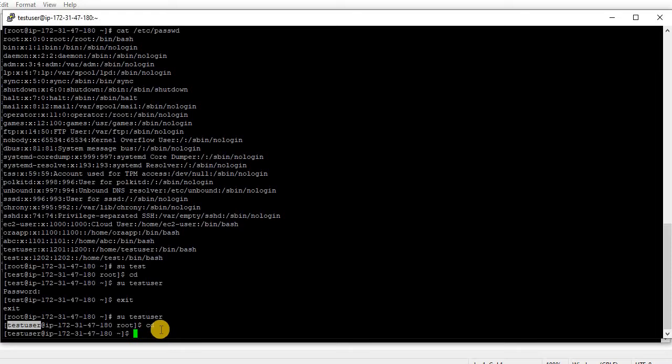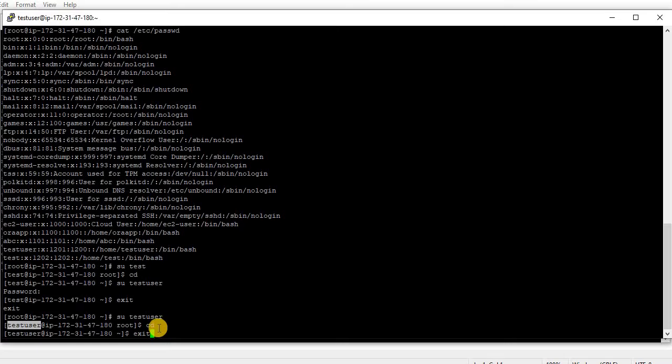So it means to access any user from root, you absolutely don't need any password. It's very straightforward. But if you want to switch to any other user from one user, we should definitely provide a password. But where is that password? How will we get the password? For that you should use,